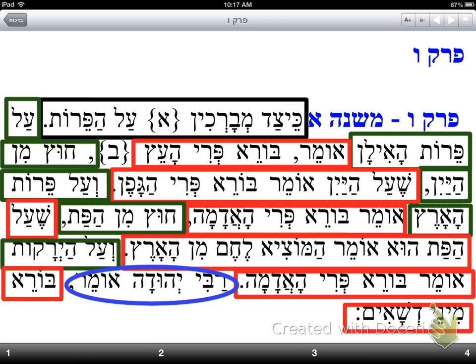Now, it should be noted that for all of these brachos, it just gives us the conclusion of the bracha. It's assuming you know how all brachos start, which is Baruch Atah Hashem Elokeinu Melech Haolam. That is how all these brachos start, and then the conclusion is depending on what food it is: Borei Pri Ha'etz, or Borei Pri Hagafen, or Borei Pri Ha'adama, etc.